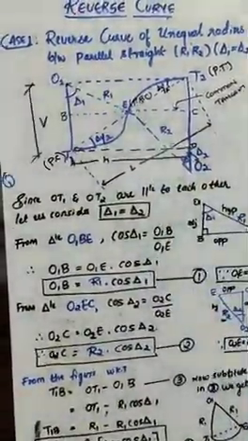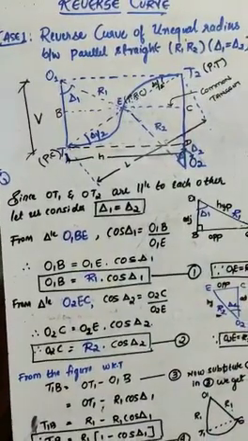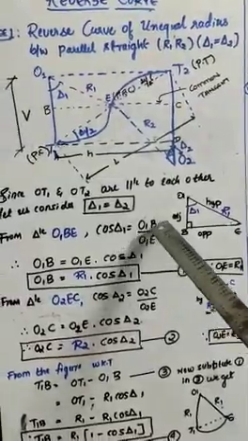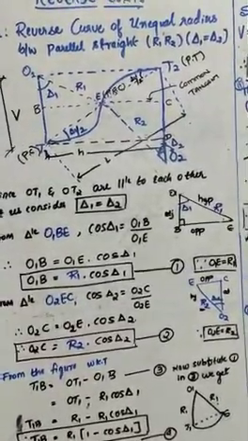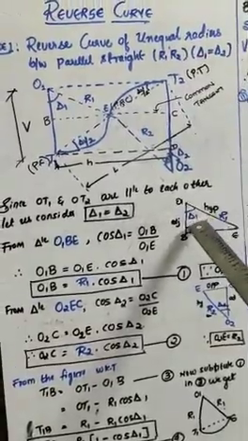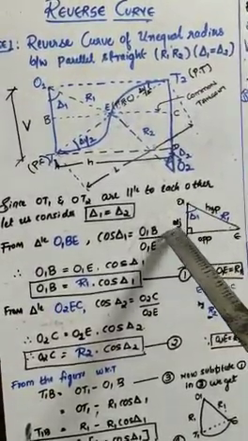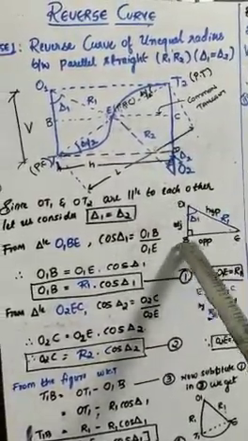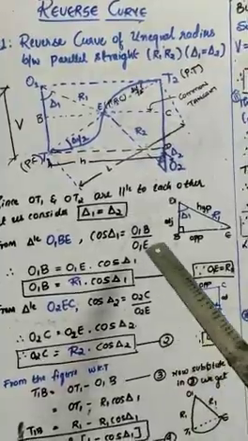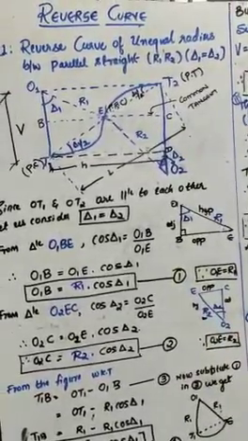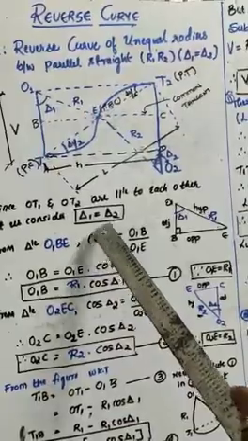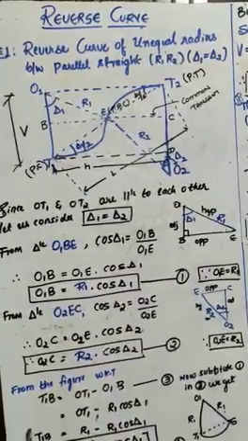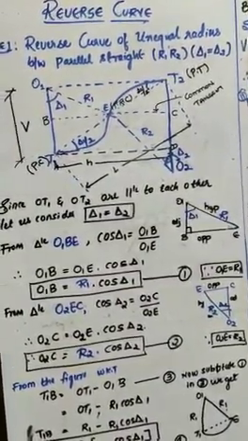For this triangle we are applying the cos theta. So cos theta, that is nothing but cos delta 1 is nothing but O1B by O1E. So that is because, see, here theta 1, this becomes opposite, this becomes adjacent and hypotenuse. So since R1 is known and O1B you should find out, adjacent and hypotenuse relation is nothing but cos theta. Because of that only we are taking here cos theta. Cos delta 1 is equal to O1B by O1E, that is adjacent by hypotenuse.